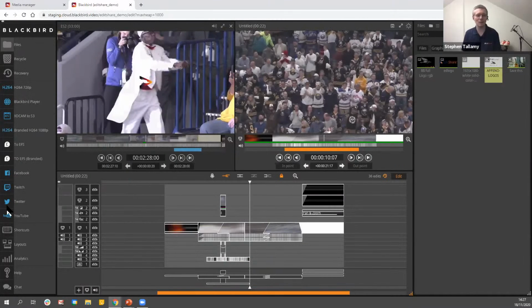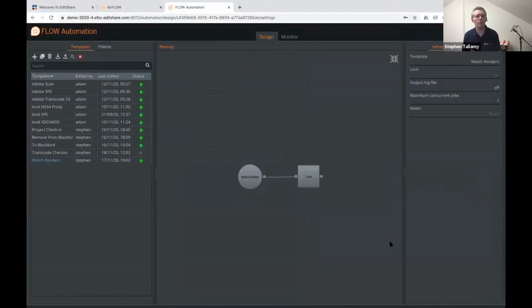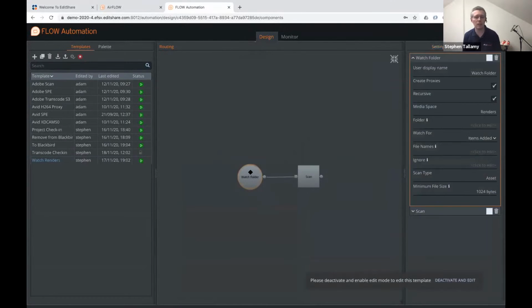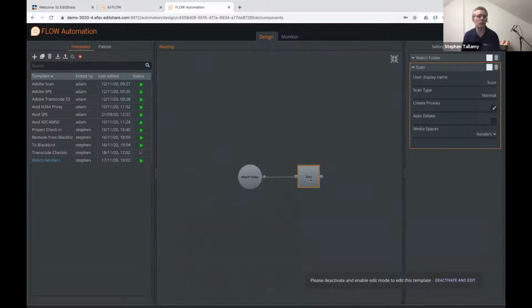Fantastic, thanks, Ollie. And it always blows my mind whenever you hear these demos to see all of that editing functionality there, all within a browser environment, is pretty impressive. So let's just go back to show off where we got to on our workflow on the flow side of the house. So when that asset came back to EFS, within the flow system, we've got a watch folder that's monitoring a particular place where those rendered assets have been rendered by that edge server, and then we're scanning those assets into the flow system so that we can see them, and make them available inside of our flow system.